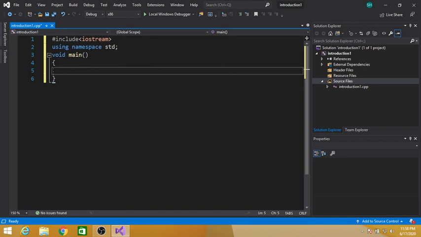These are the braces, and the blank space between these braces is called the body of the main function. All the statements of our program will be written between these curly braces.